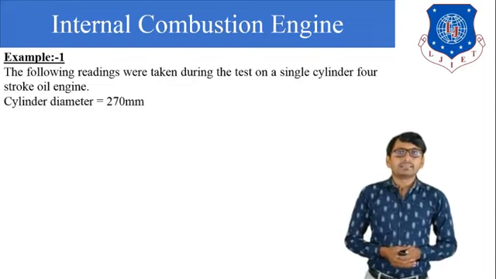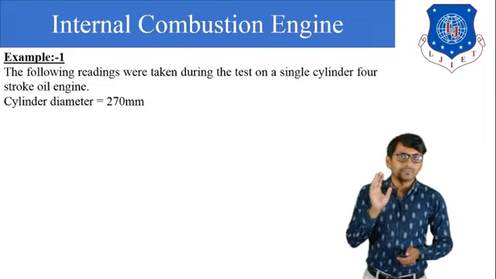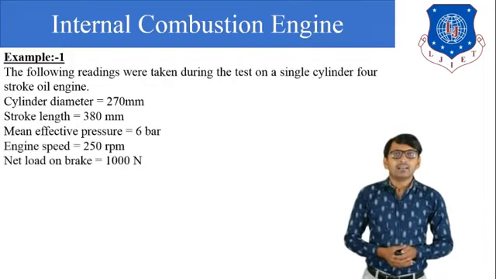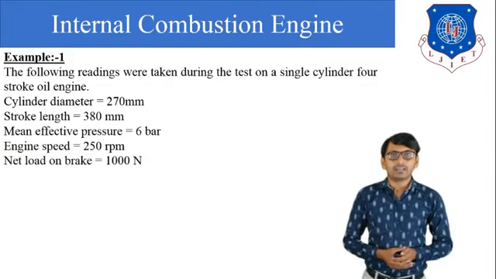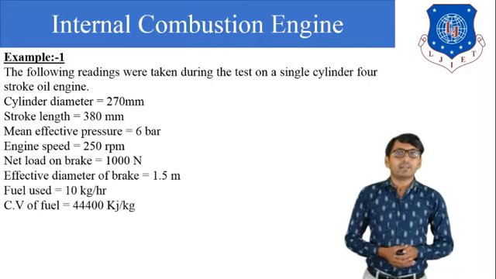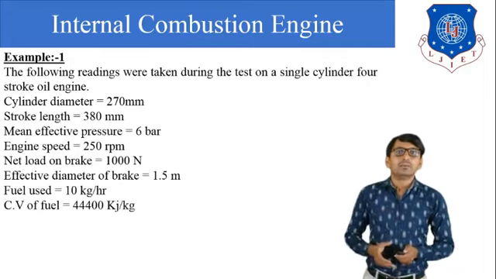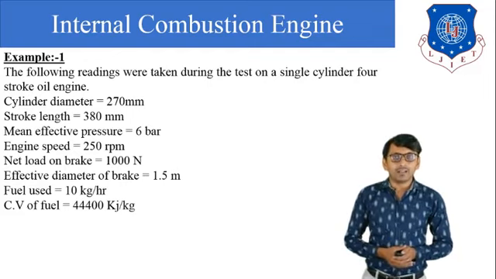So first one, cylinder diameter, that is 270 mm. Second, stroke length, that is 380 mm. Mean effective pressure, that is 6 bar. Then engine speed 250 rpm. Net load on brake 1000 Newton. Effective diameter of brake 1.5 meter. Fuel use 10 kg per hour, and calorific value of fuel